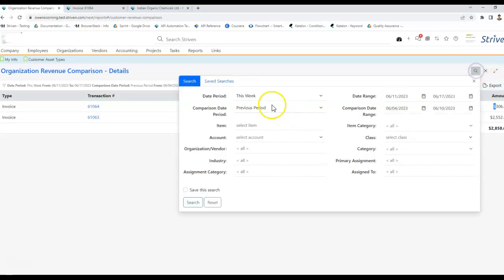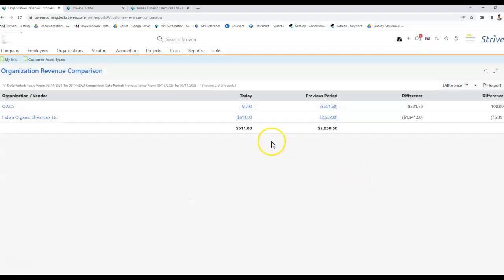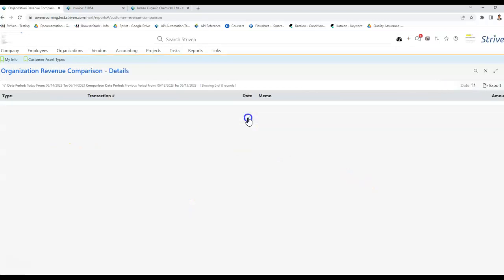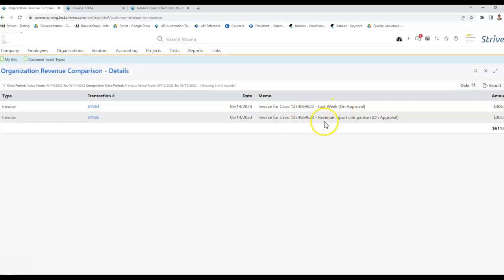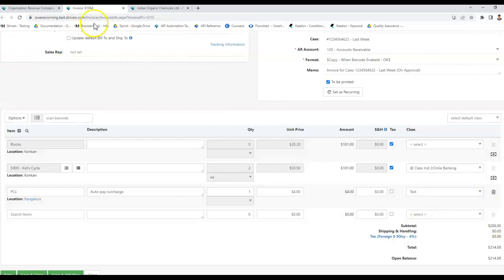Okay, now we'll go to this comparison report and we'll select week today. Okay, so today we have these two revenue reports. This is the one we have just created, and the first thing that I notice is somehow it is showing $100 extra in the total amount, since our invoice value was